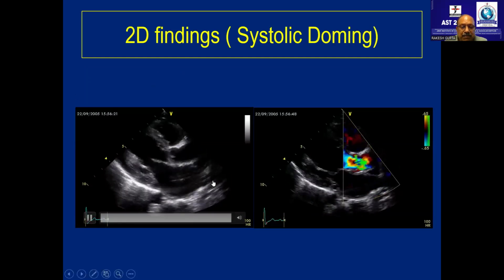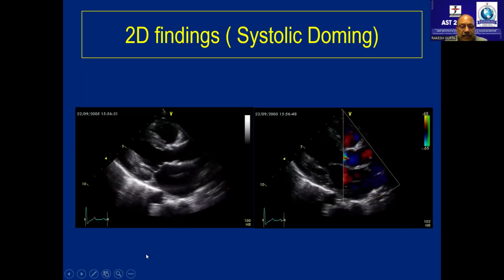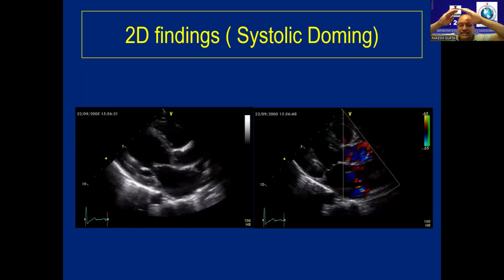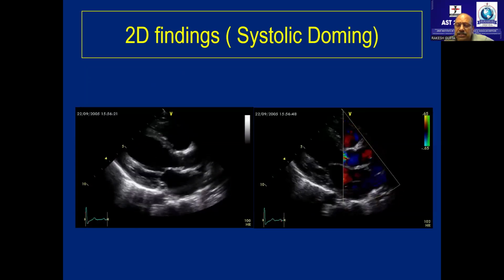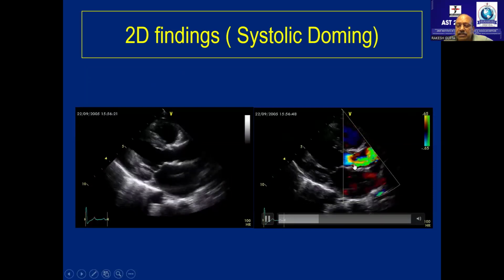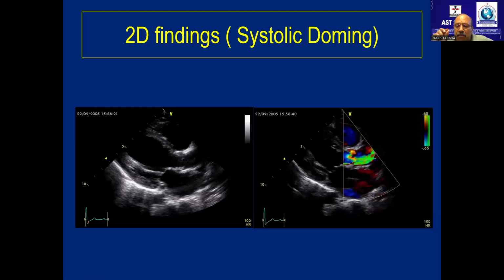Now look at this first finding. Look, this segment is doming in this patient. Look very carefully. It's doming. It's a dome. It's not like this, it's like this. And if you happen to have doming or stenosis, what will you find? You'll find turbulence. Look, the scale is 65. Normal scale, what we keep is 50 to 60. Even though the scale is high, I still have a lot of turbulence. What do you mean by turbulence? It means the orifice is small.